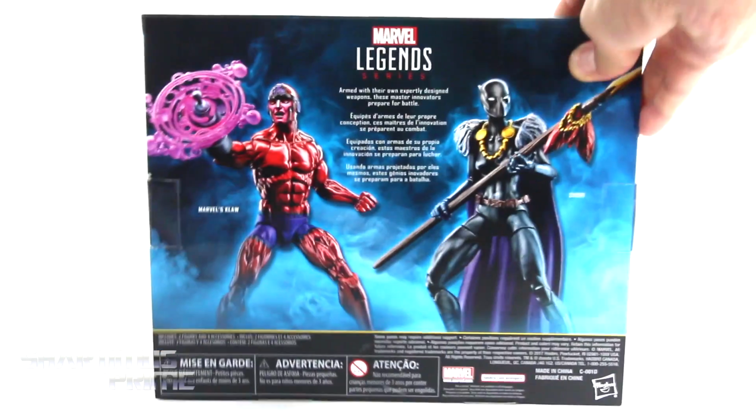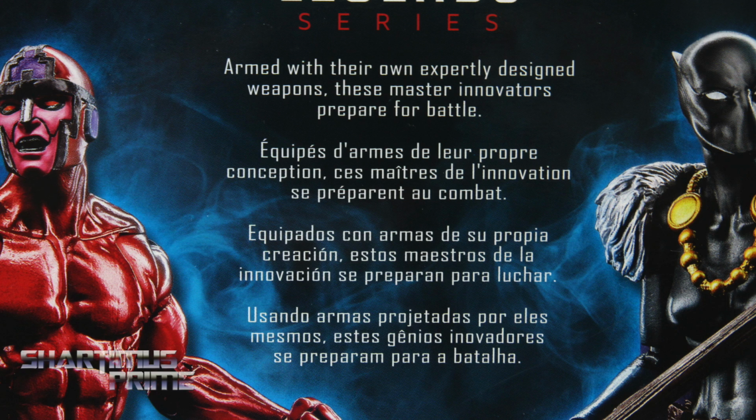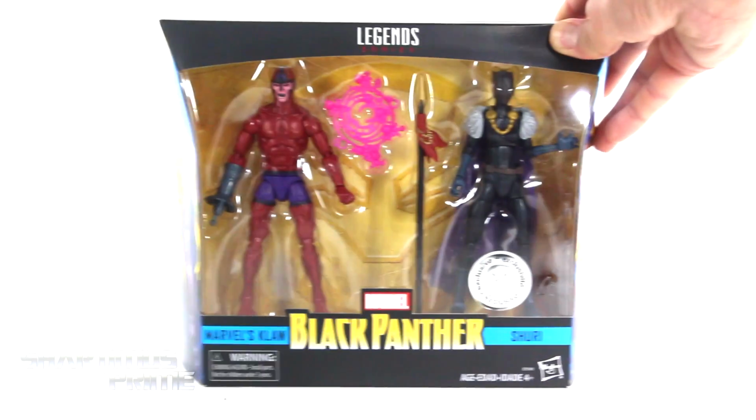Anyway, on the side right over here, you can see a nice image of Klaw. Now on the very back, you can see both figures. There's a read-up over here. If you want to read it, go ahead and pause it now. And then on the side, we get Shuri, and then we get this sliver of a window right over there on the very top. And there's not much more on the bottom, so let's get to it and crack these